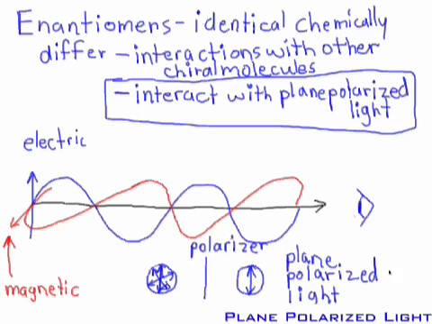So we can define plane polarized light, and you should record this: plane polarized light is light in which all wave vibrations have been filtered out except those in one plane. Okay, well, what's so special about that? Well, suppose I take my plane polarized light